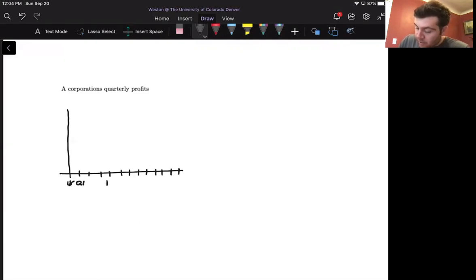So over here would be 2019's quarter 1 profits, and so on and so forth. The big idea is that they basically just have different levels of profits each quarter. And so maybe they're at values like this,